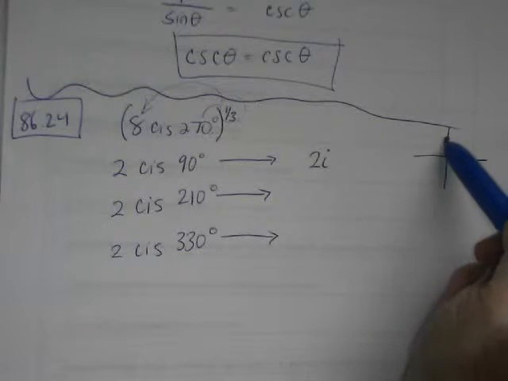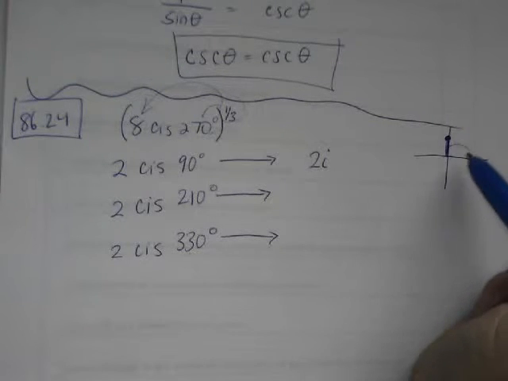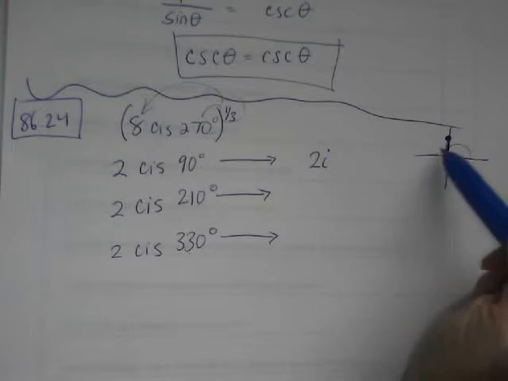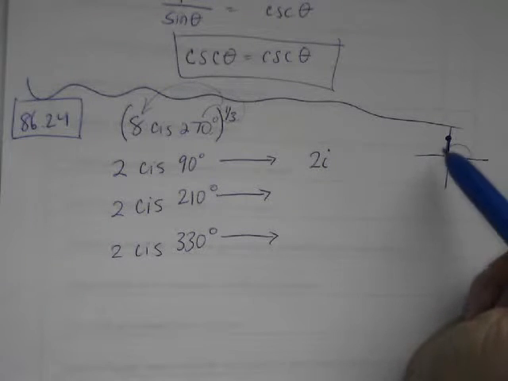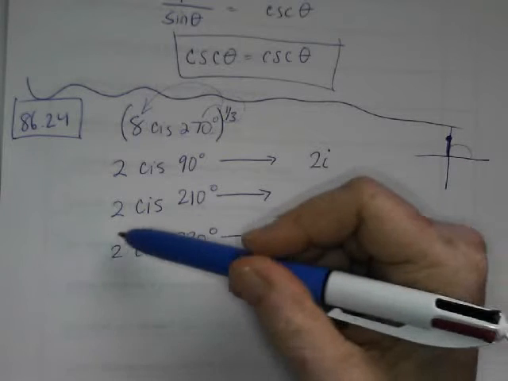Okay, so in other words, if you want to get to this point right here, as far as moving left or right, you're going to move neither left nor right. You're going to move 0 to the left or right, and then this one says move up 2. Okay, this one,